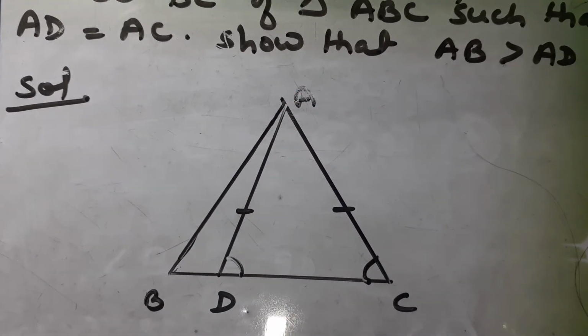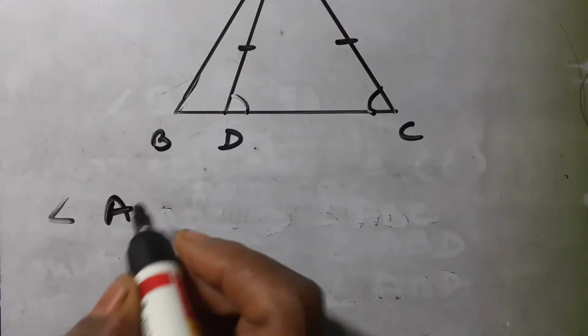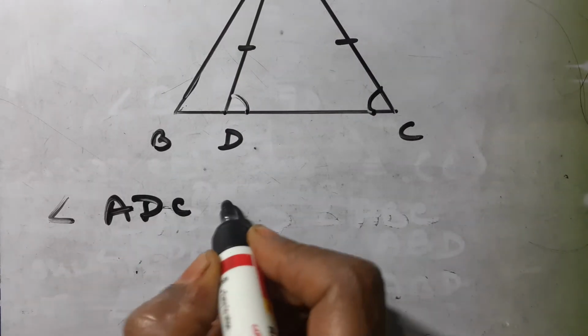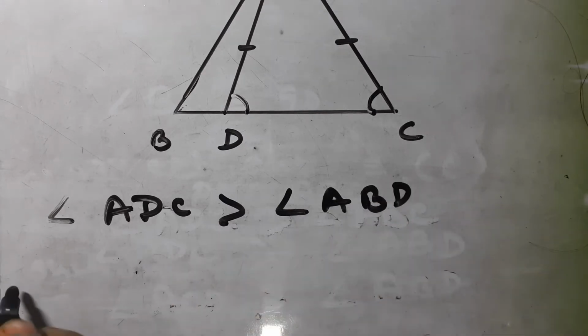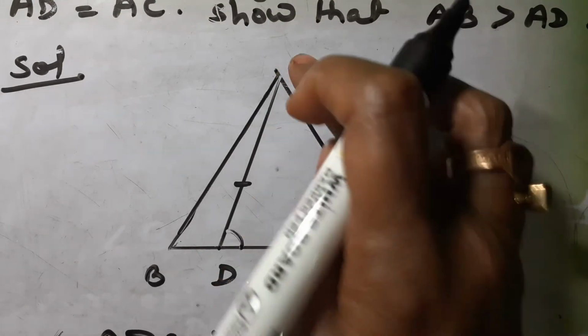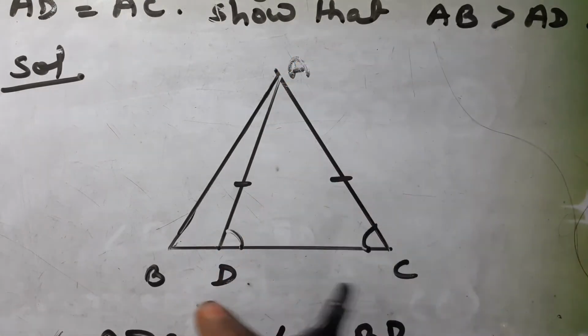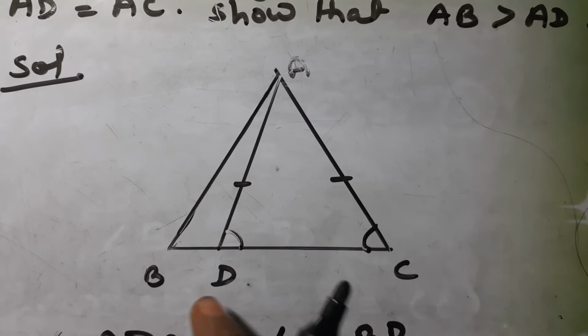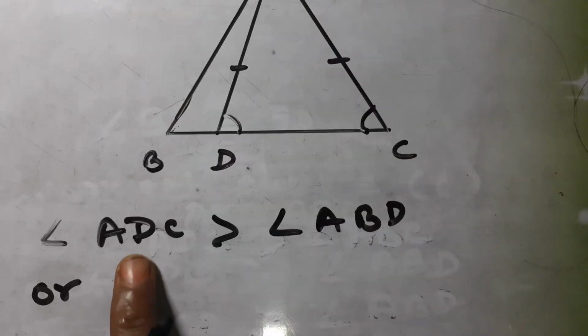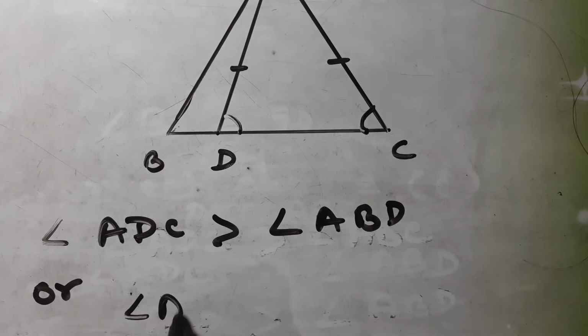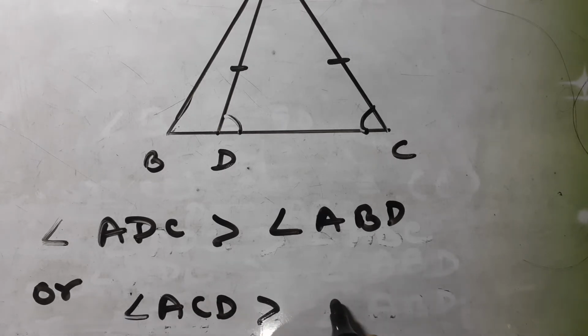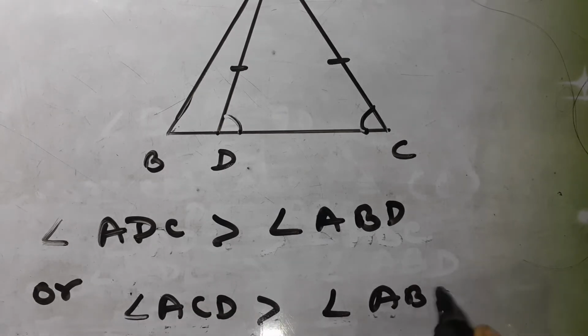Therefore, angle ADC is greater than angle ABD. Now listen, AD is equal to AC, so angle ADC is equal to angle ACD. So in place of ADC, we will write angle ACD, or angle ACD is greater than angle ABD,